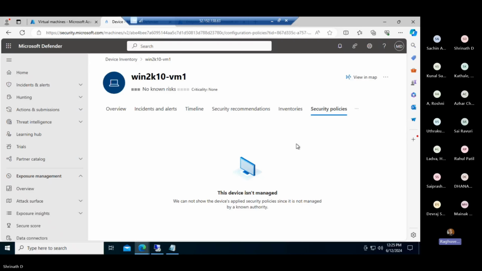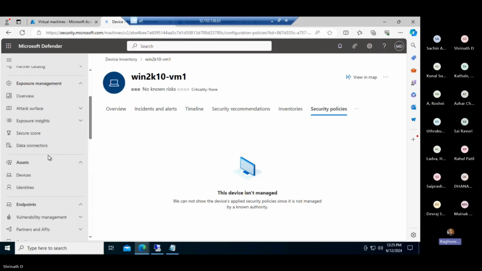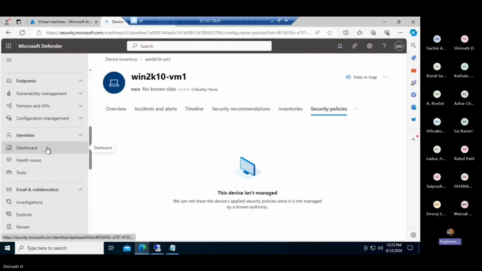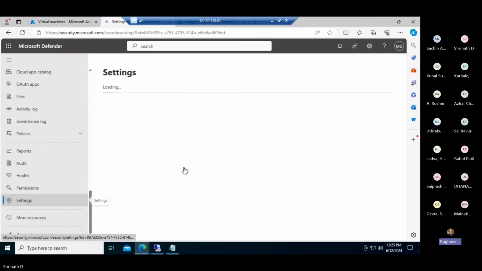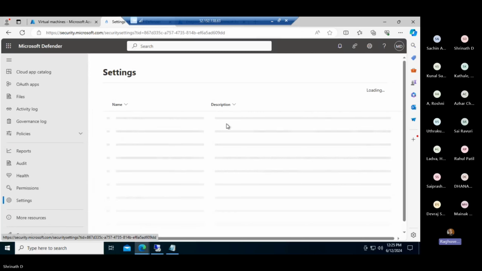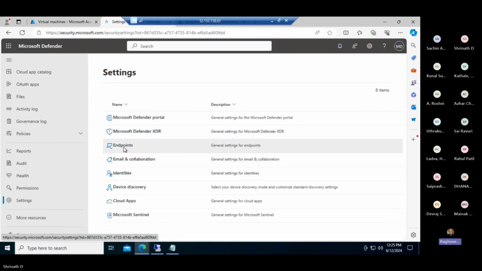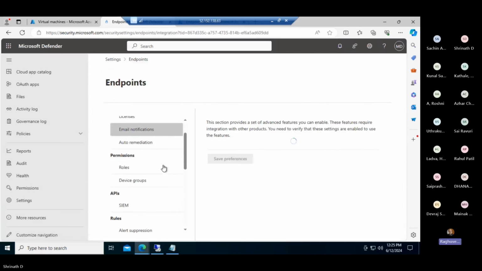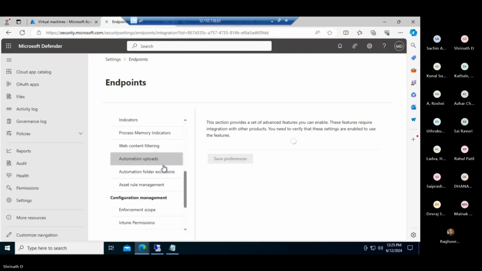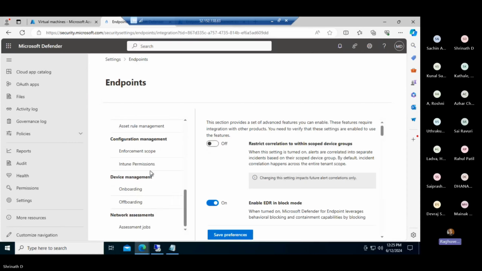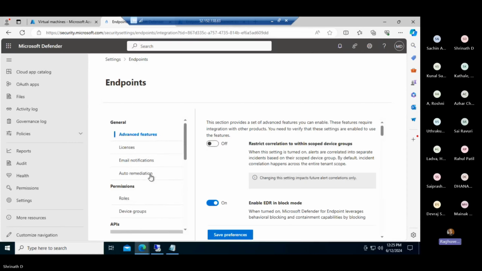So let's go to Microsoft. Now I'll show you how the integration is done. It is a two-step process. So the first step is go to Microsoft Defender for Endpoint. Go to settings. Go to endpoints. And then directly come to advanced settings. Advanced features. Over here, you will need to do the first step, which is you will see one option